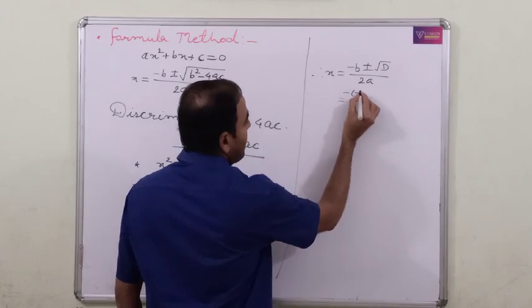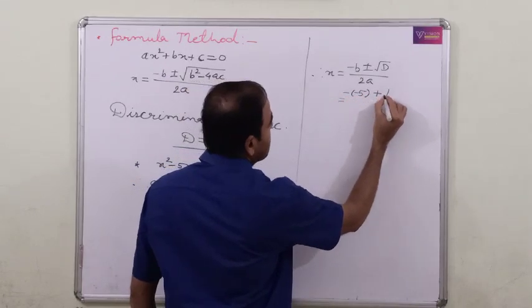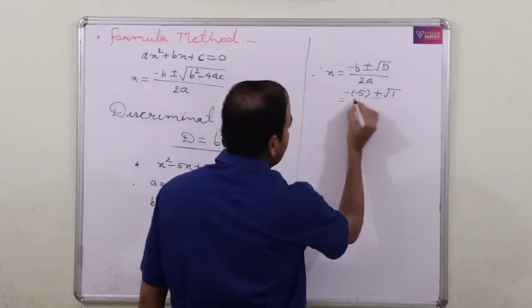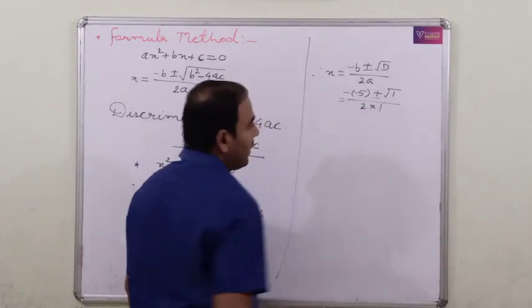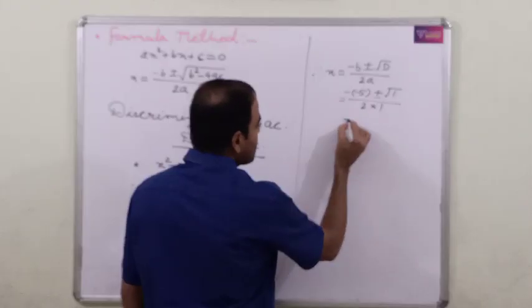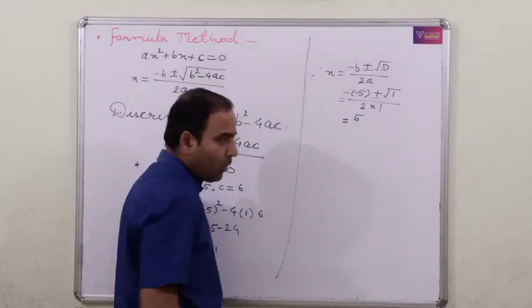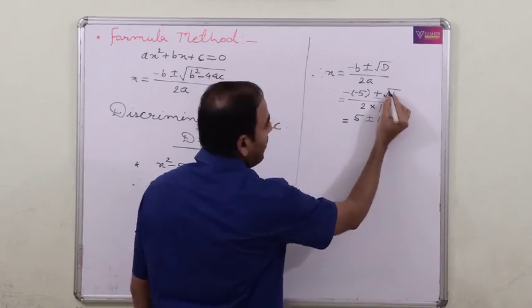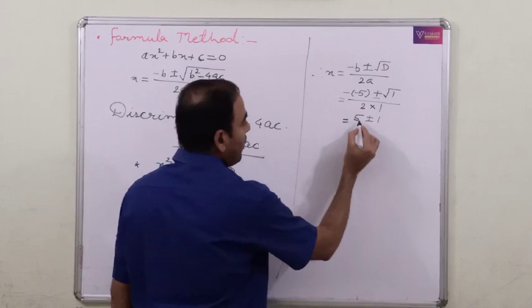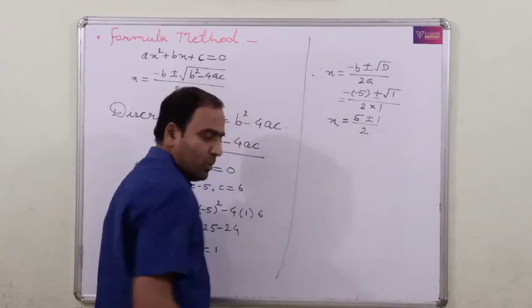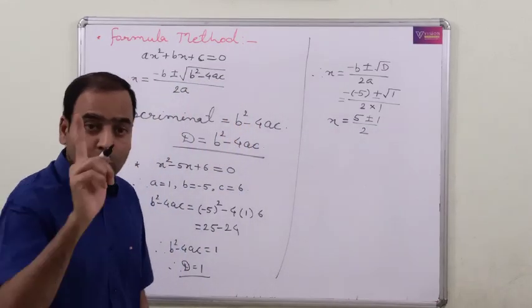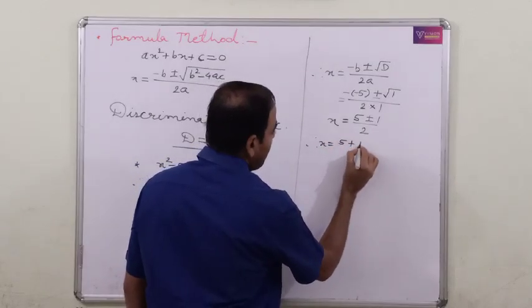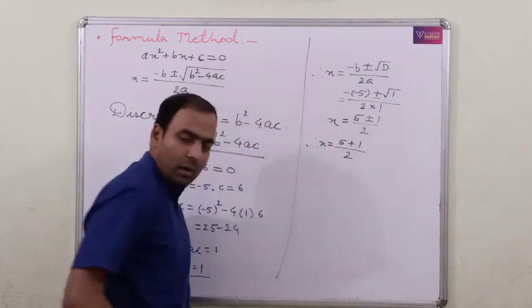Minus b is minus 5, plus discriminant का वैल्यू है 1, upon 2a. प्लस और माइनस upon 2 इंटू a का वैल्यू है 1. प्लस और माइनस अंडर रूट 1 का रूट क्या है, वी नो, इट इज 1 अपॉन 2. तो x के दो वैल्यूज आ गए. So x is equal to 5, first time we take the plus, 1 upon 2,